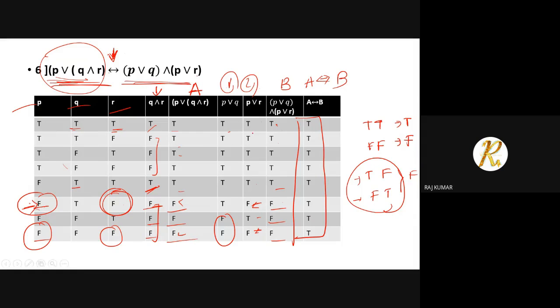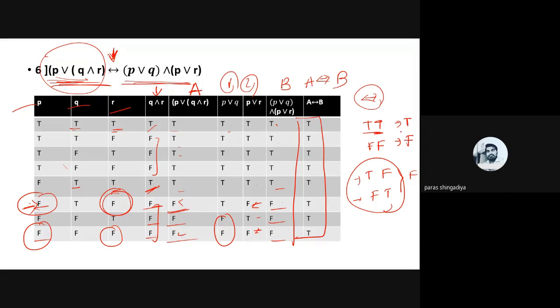So we can say, sir, this. Yes, sir, F F will be T in biconditional, sir. Both F, then T. That is the biconditional rule. Sir, you have written F then F there. That is the rule of the biconditional definition.